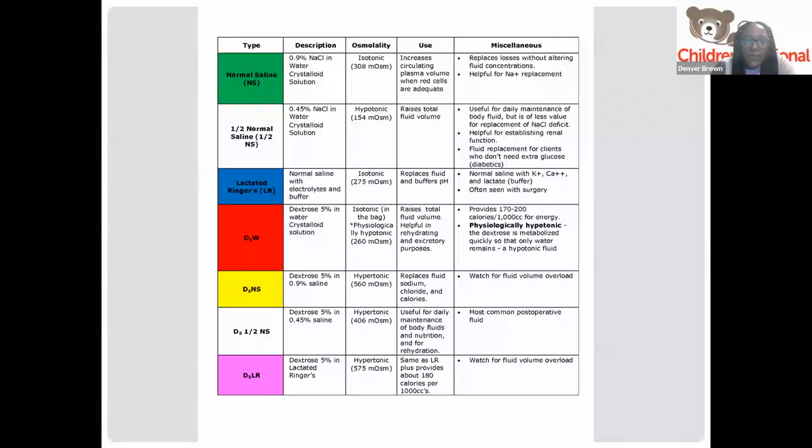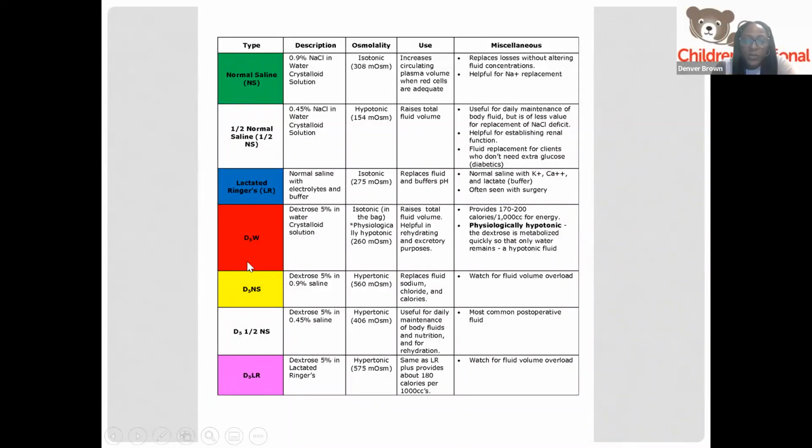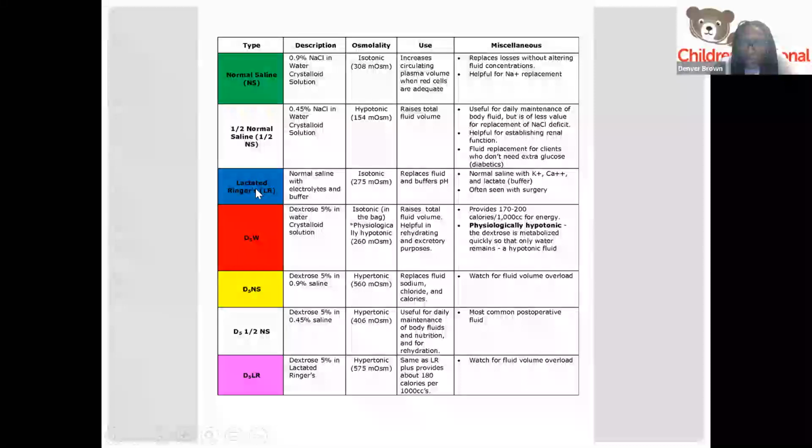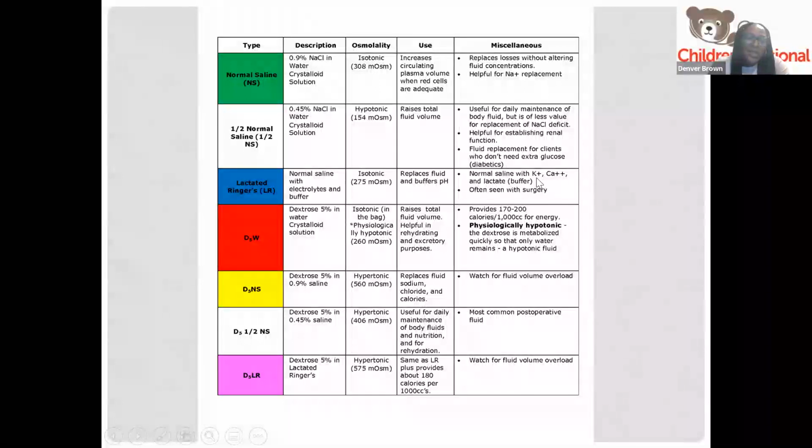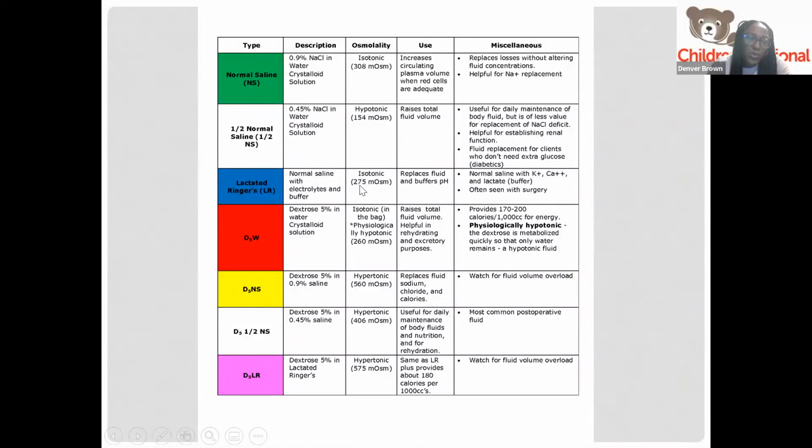And this is just a quick schemata that looks at the typical fluids one might be used to, and what they are in terms of osmolality as well as tonicity. So we know that normal saline is an isotonic fluid. This is why we use it to rehydrate someone or give them a bolus. Half normal saline is a hypotonic fluid. Lactated Ringer, which is often used after surgeries, has to be used with caution because it does contain electrolytes like potassium, which is why it is often used cautiously in patients with chronic kidney disease,